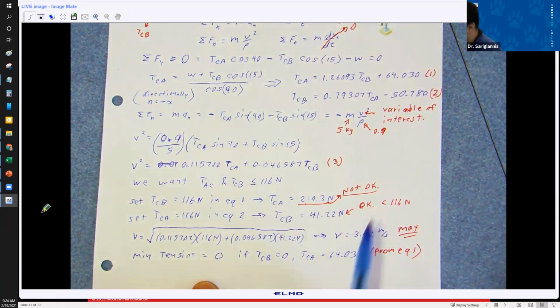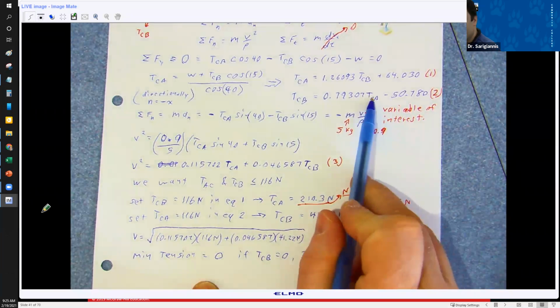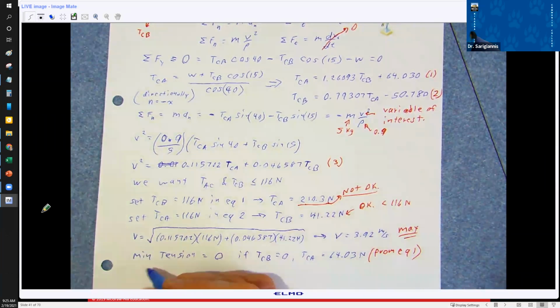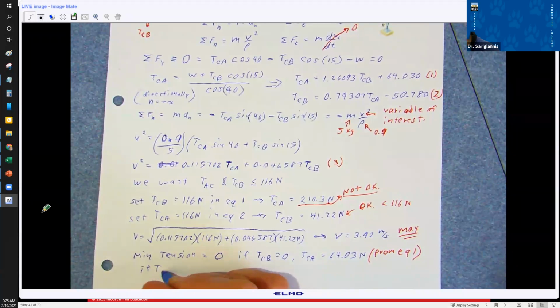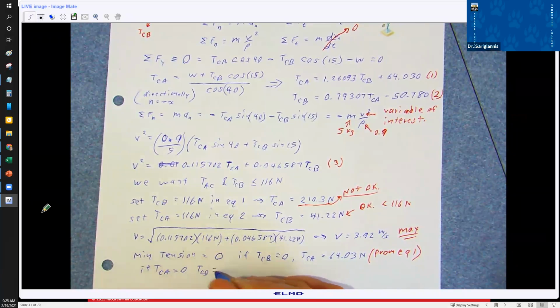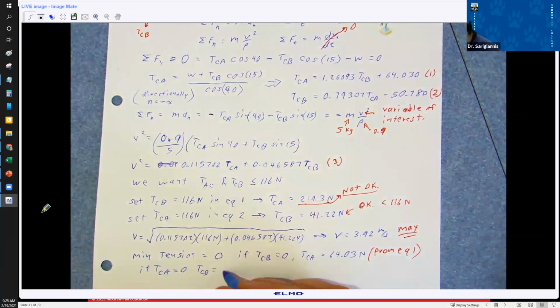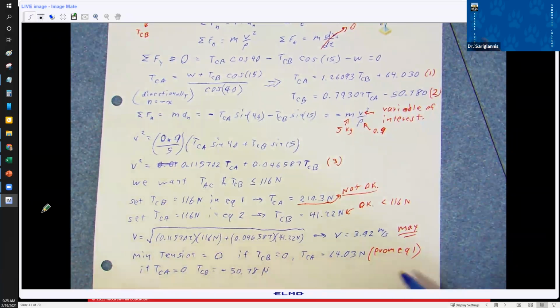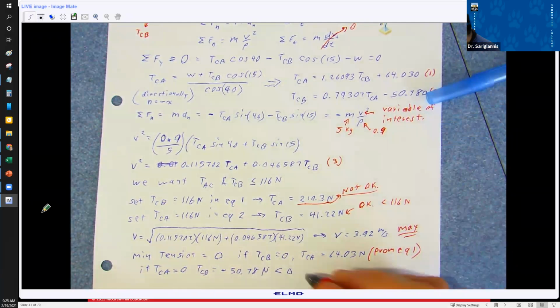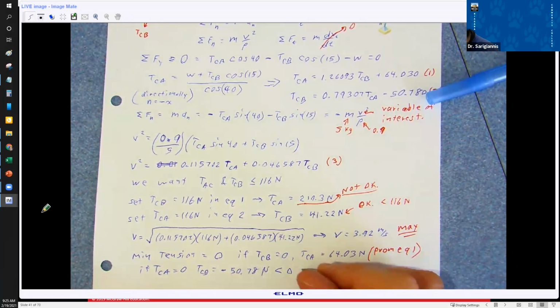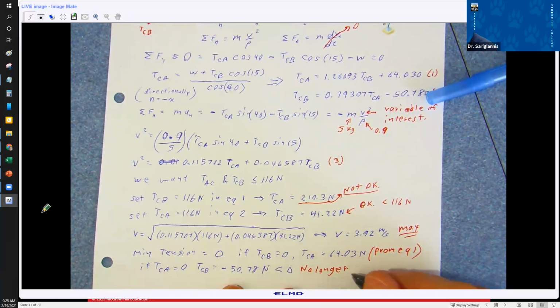And you can see here, right, if you put in a tension of 0 for CA, so let's just write that. If TCA equals 0, TCB equals what? Negative 50.78 newtons, right? This is less than 0. So this would be no longer taut,